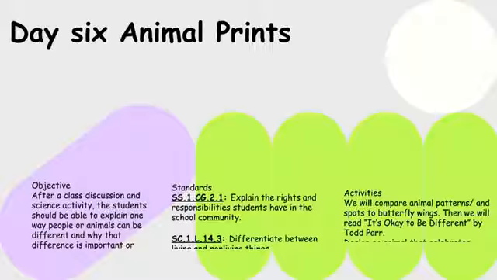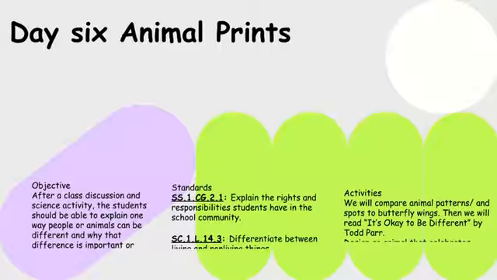The activities will include comparing animal patterns and butterfly wings, reading It's Okay to Be Different by Todd Parr, and then designing their own animal that celebrates differences. Students will be assessed by reviewing the animal drawings and by listening to or reading a sentence explaining what makes